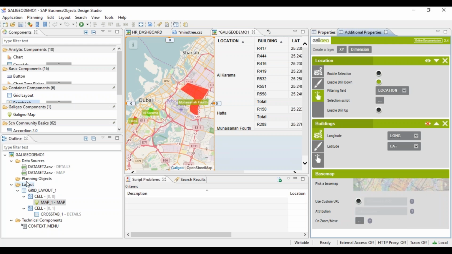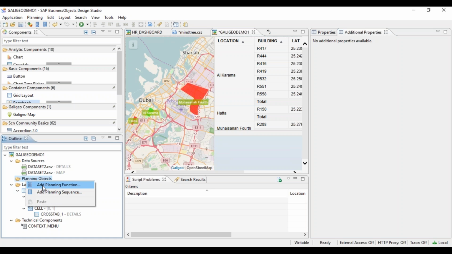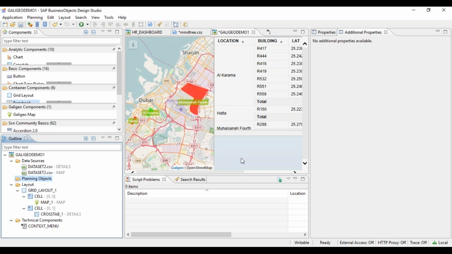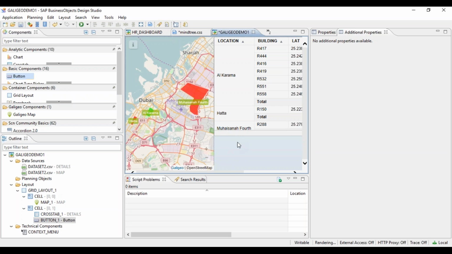See, on the planning side, the major part will be done by the IP consultant. You will use just the simple planning function. You add the planning function, choose it from the connections, and call it in a script. You put a button here.